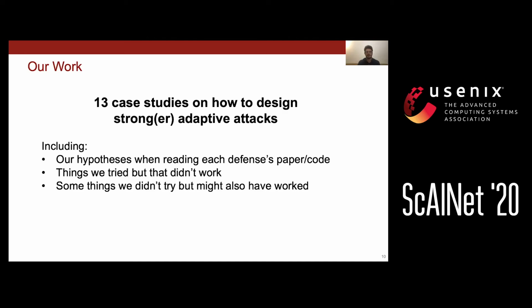So usually this started with reading the paper and finding something strange or missing in the original evaluation. Then often looking at the authors' code also helped in confirming some hypothesis about why the originally considered attacks failed. And we really didn't try to cherry-pick which results to present. So for some defenses, we thought up some adaptive attacks, tried them, and they worked. In other cases, they didn't, so we wrote this down and tried again until we found the final attack that worked. And all of this is in our paper as a kind of case study or tutorial for how to build stronger adaptive attacks.